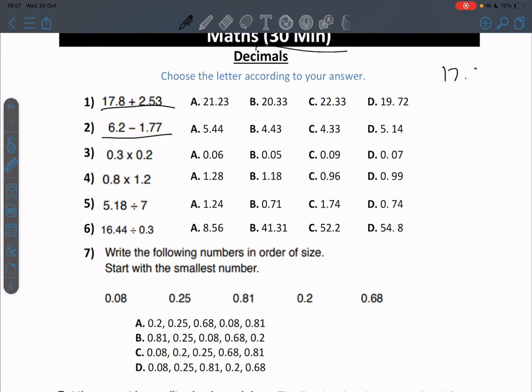The only thing we have to do here when we're adding is we line up the decimal points. You can see that, and if there's any gaps, like you can see the gap right here, you backfill it with zeros. Okay, now you can do addition as normal. 3 plus 0 is 0. This should give us 13, carry the 1, and that should give us 10, carry the 1, and that's 2. So you bring the decimal point down, you got